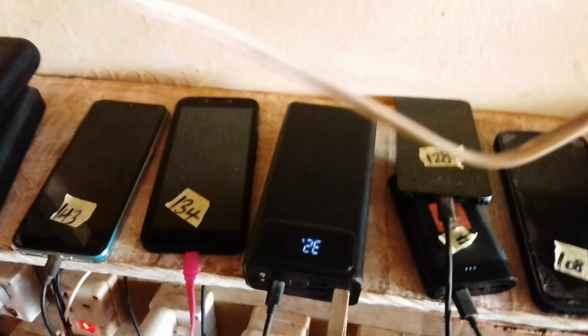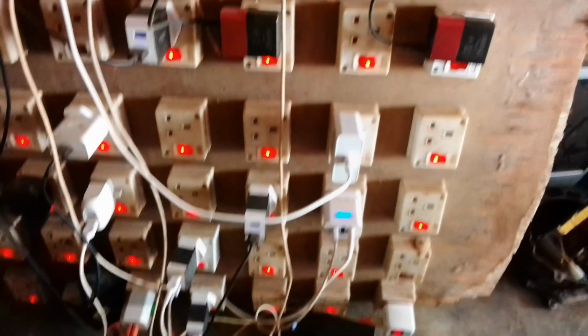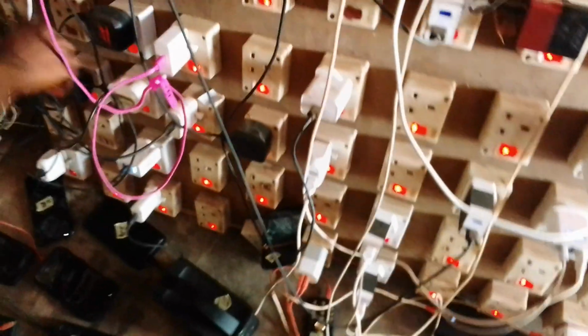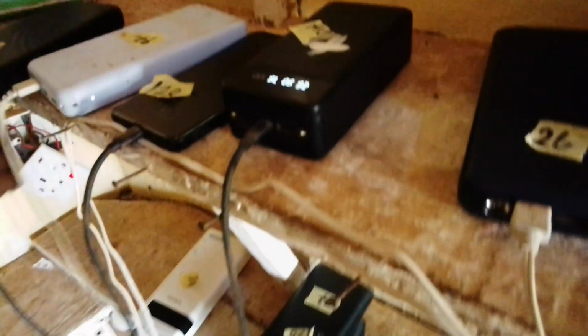I just switched on the engine alone. I disconnected the battery. We bought the battery so that it can be used at night. The battery is not connected to the system now. Only the engine is working. But we can connect the battery so that the sun will be charging the battery. In the night, the battery can be used. So in this way, there is no need of buying fuel again or regularly replacing inverter battery or solar battery or car battery. So the Meteorite solar engine, this tiny engine,